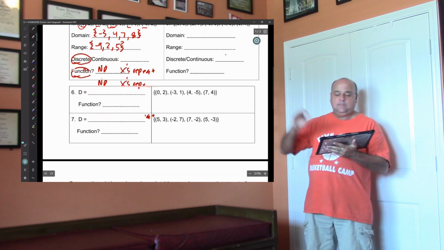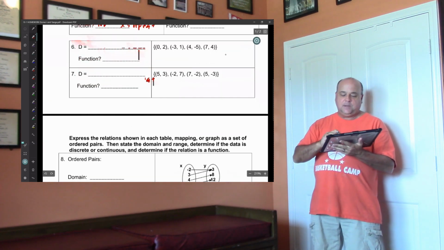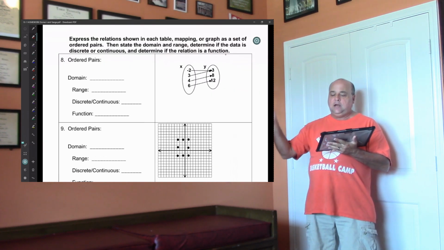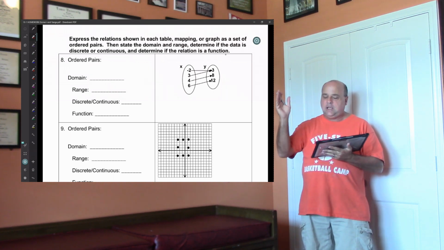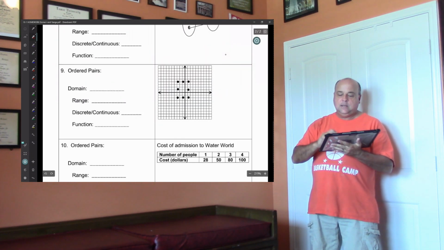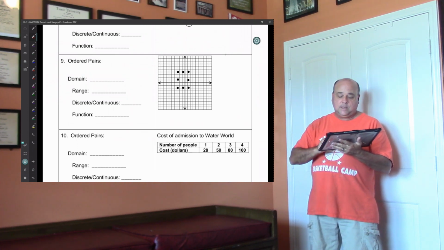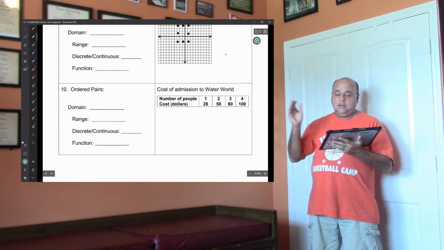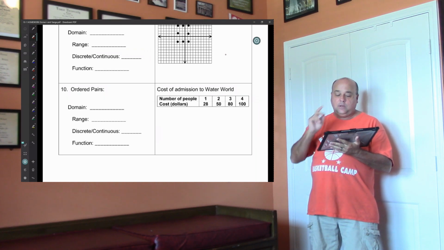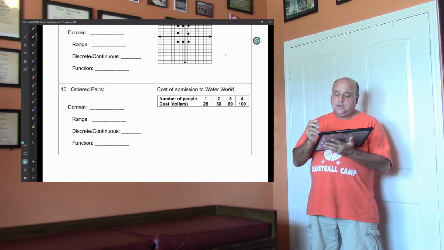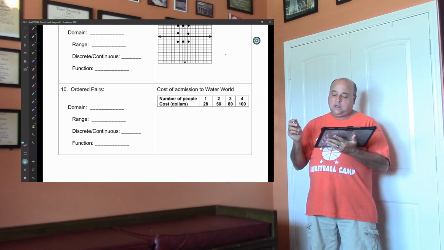Okay. Same thing on number 6. Number 7, piece of cake. Number 8, write down your domain and range from the table. You should be able to do that. Number 9, write down your domain and range. You should be able to do that. Number 10, you're going to turn this table into ordered pairs, right? So on the table, at cost emission,